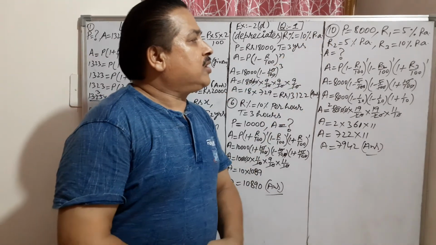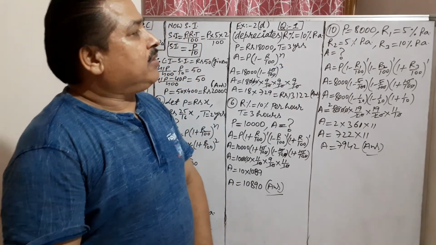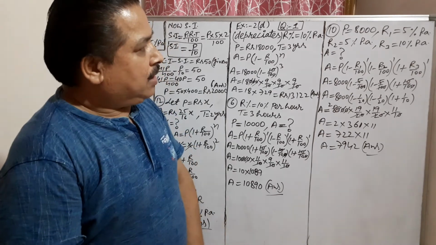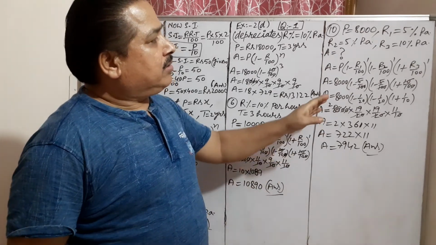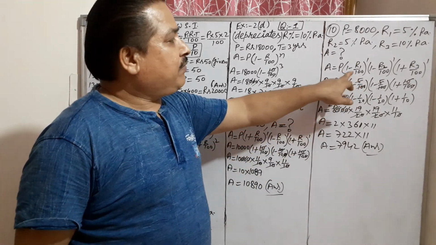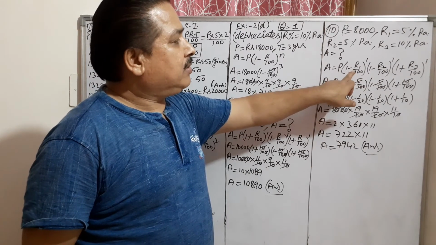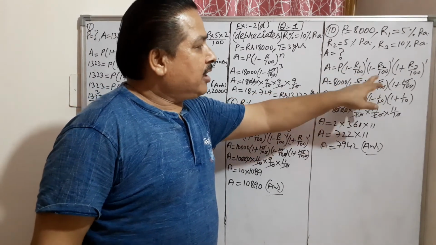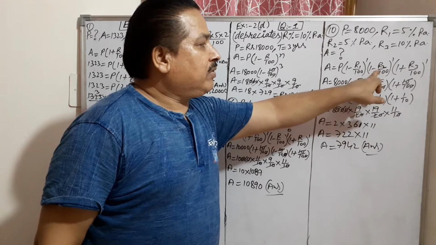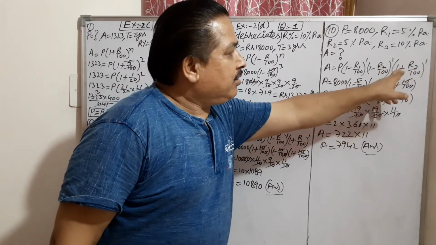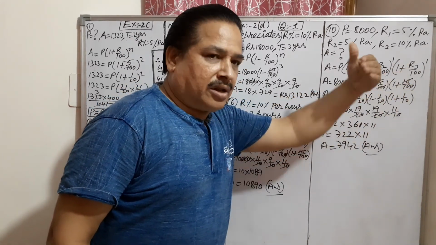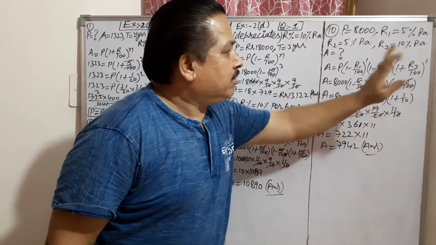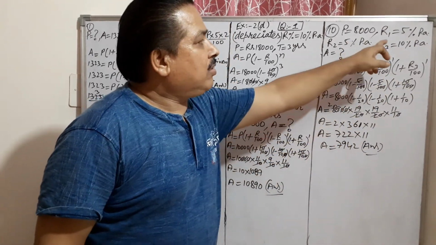Now see the 10th question. In the 10th question there is a number of workers. A company is reducing the number of workers in the first year. So for reducing, minus. And in the next year again the company is reducing workers, again minus, and in the third year the company is increasing the number of workers, plus. Put all the values, all are given.